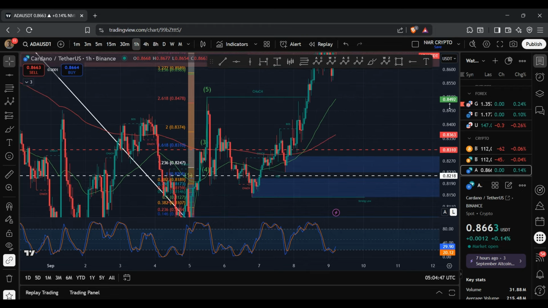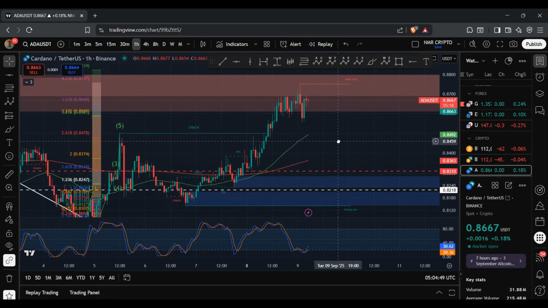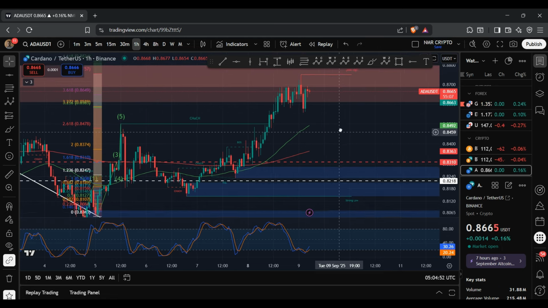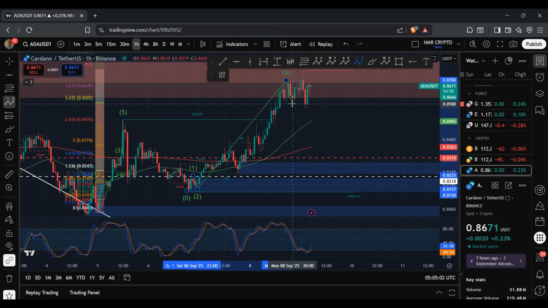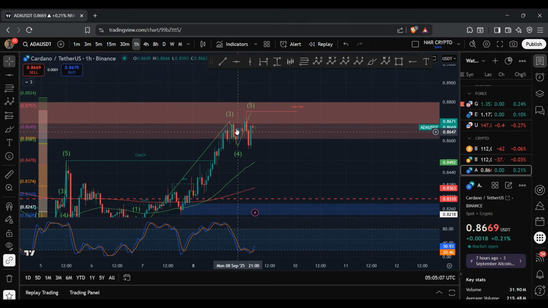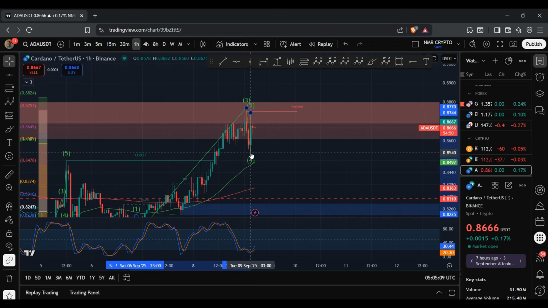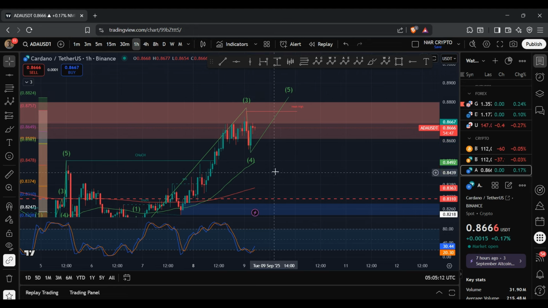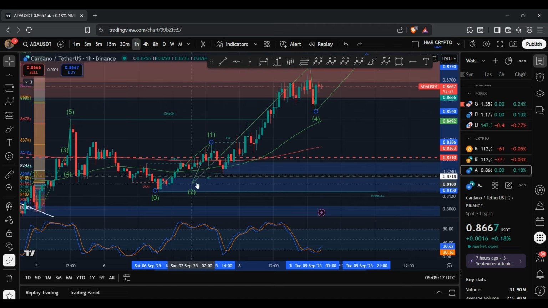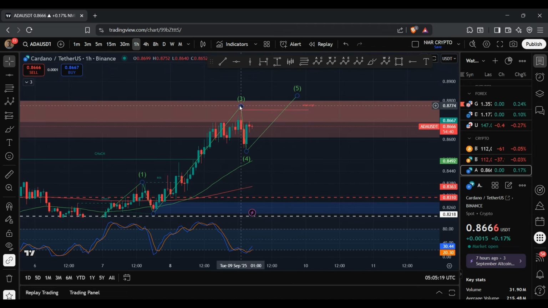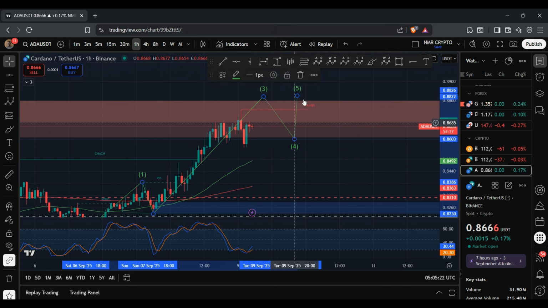And so if I zoom in, we could have one of two structures, where we had a short wave 1 that played out and then a wave 2, and then an explosive wave 3, a wave 4 and a wave 5. Or alternatively, this could be the wave 3 and we could have the wave 4 and the wave 5 play out. And the flip side to that could be that this here is the wave 1 and this is wave 2, and then we see the wave 3, 4 and 5 play out,